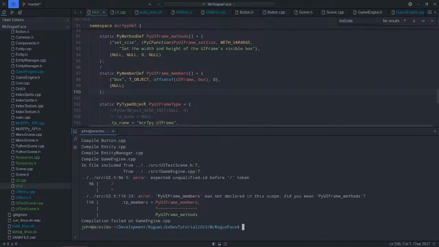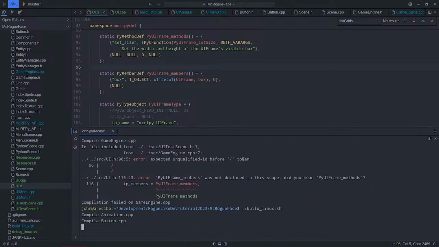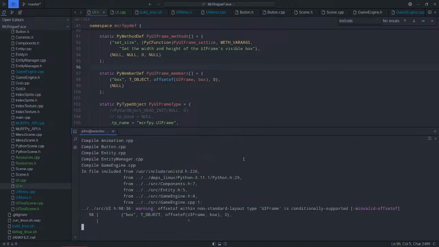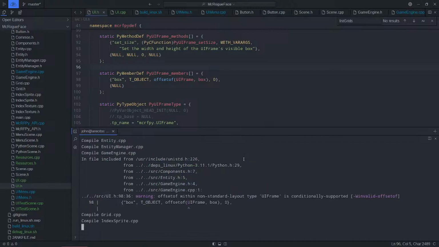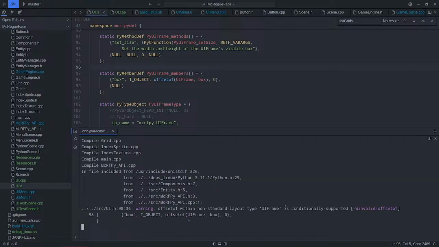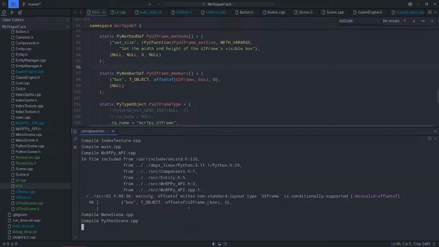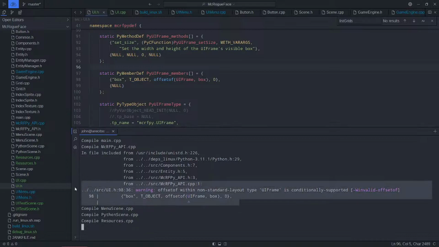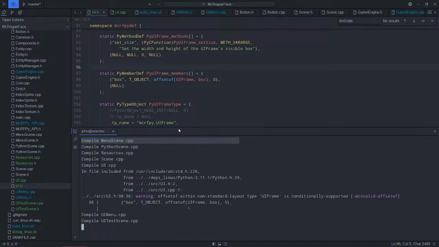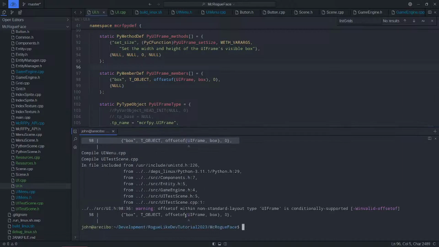Oh, line 96 a slash. That's what I did wrong. Should read the whole error message. Yeah, so this error, basically standard object layout, learning this from my error messages as I go, but the object here would be UI frame, and this class